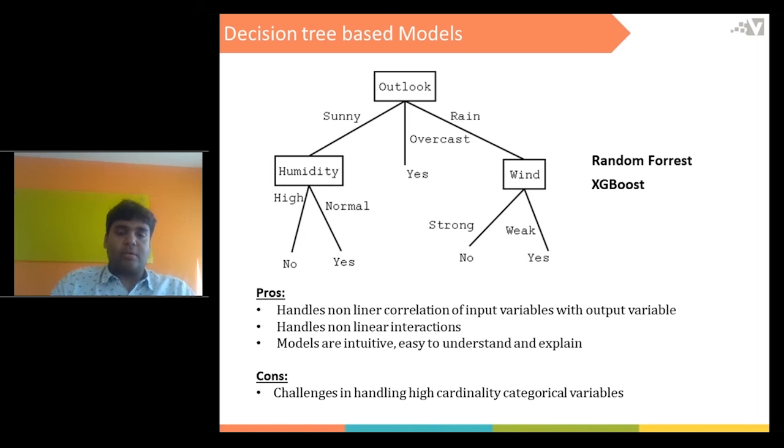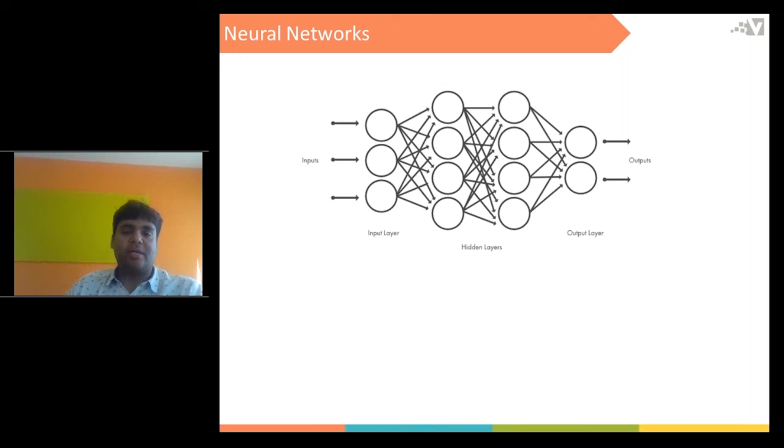The third, which is becoming very popular nowadays, is neural nets. Here, basically in between the input and output layers, there are some hidden layers. Each neuron of the hidden layer is connected with all the input variables.